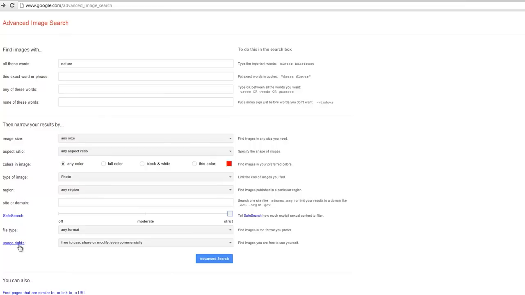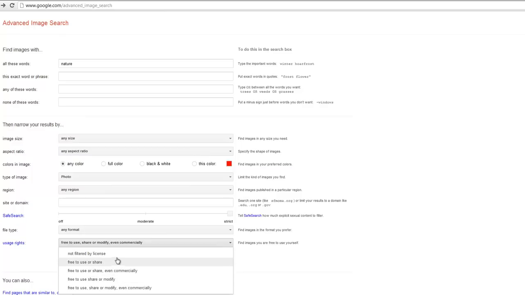And then usage rights is kind of the point of this blog post where I'm talking about the idea that when you filter your images, there are options available to you from Google, not just the default, which is not filtered by license, which will return any results out on the web. But as I come down this list, my rights to use and edit the image become progressively more liberal, I guess, because this final option, I have a lot of rights to change and edit, and I can even use